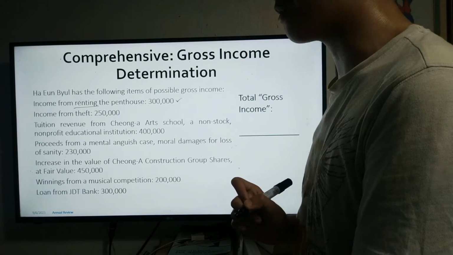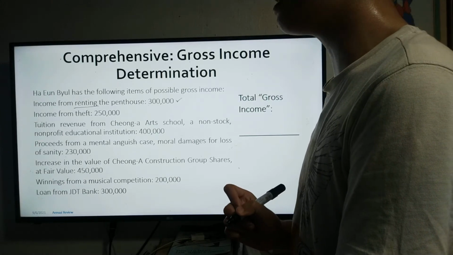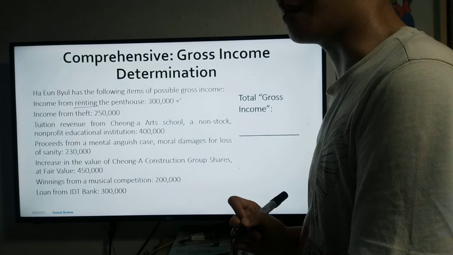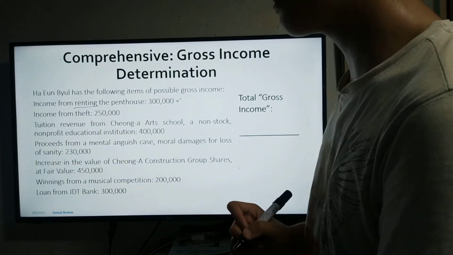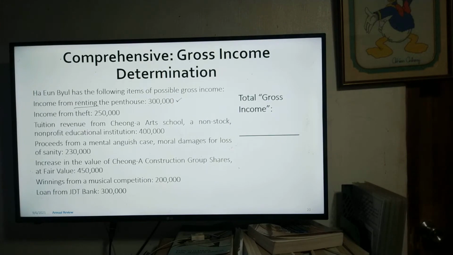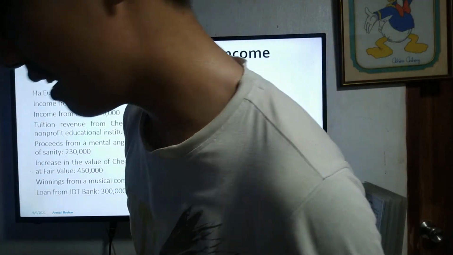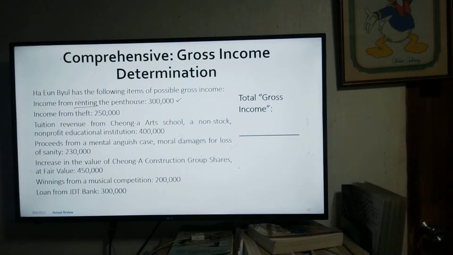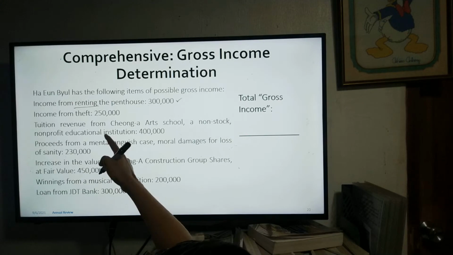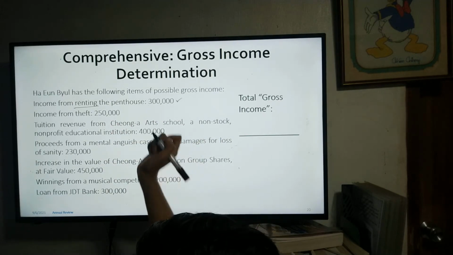Next, income from theft. Earlier, we understood the fact that even if it's from an illegal source, it is still considered an income. Even if it's from an illegal source, it will still be considered as income, because we have derived a benefit and it is a return on capital. What is your capital when it's stolen? So it has an increase in revenue or increase in benefits. So therefore,